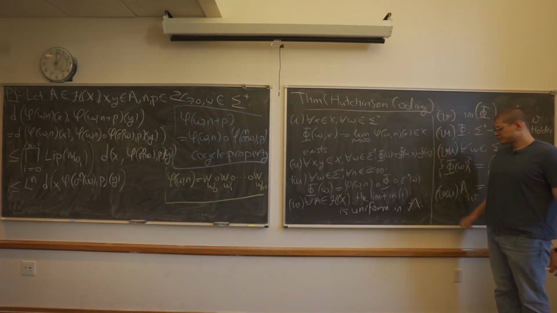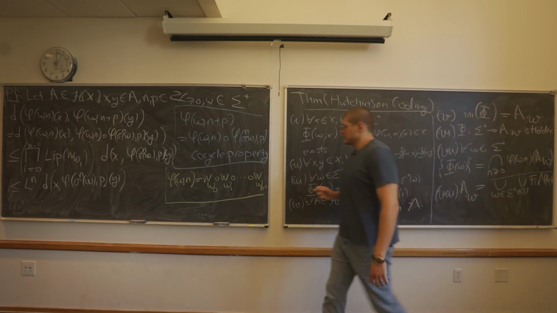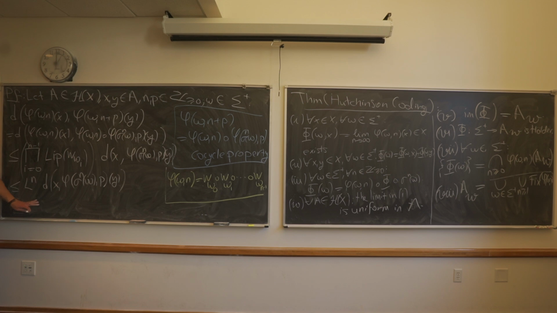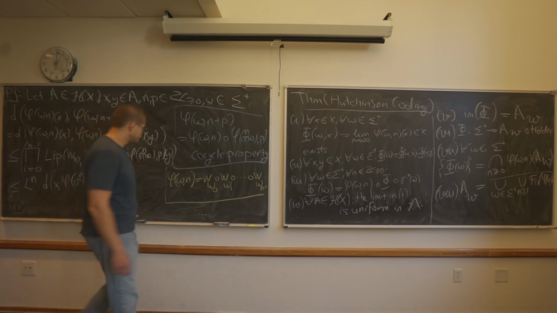Okay, I'm going to have to delete some of these. So this is good. But I want to bound it by something that, well, is going to depend on n, but I don't want it to depend on x. I don't want it to depend on y. I definitely don't want it to depend on p. So somehow I need to do something about this. Here's the trick.